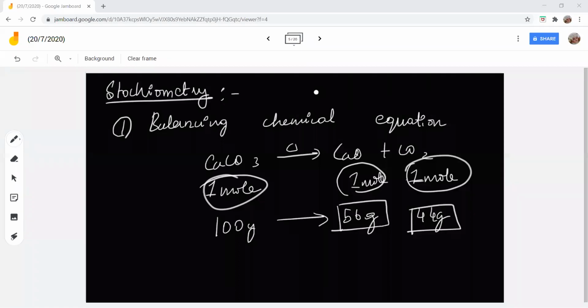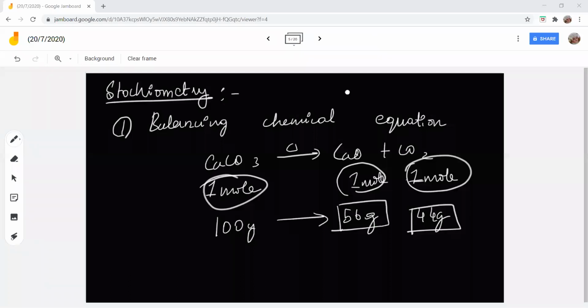Start solving the worksheets given for mole concept. There might be mistakes in the answers or the choices. If you don't find the answer in the choices, just write the right answer nearby. Okay, that's all. So that's all for today, students. If you have any doubts, you can ask me.